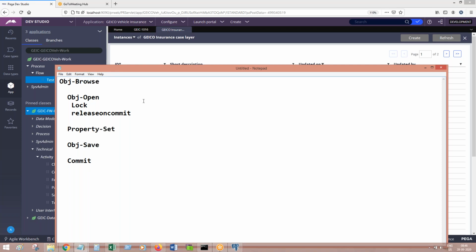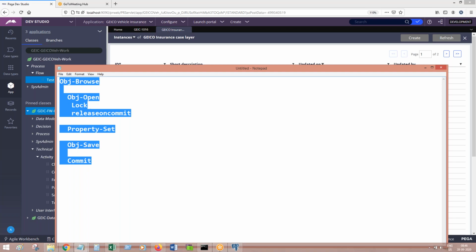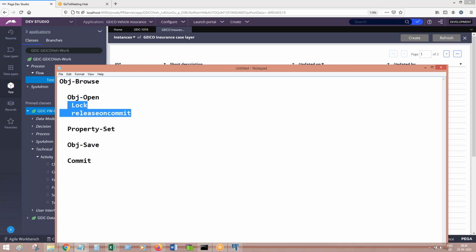Lock will be released after commit happens. So the combination of all these methods performs a task on already existing instance data records in the table. You are browsing, opening, modifying, updating it back, and finally committing. In between, you are acquiring a lock and releasing on commit.